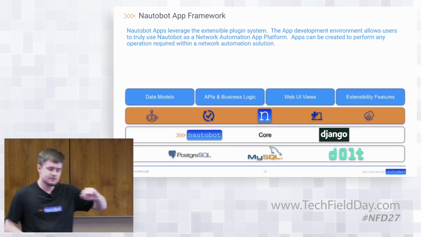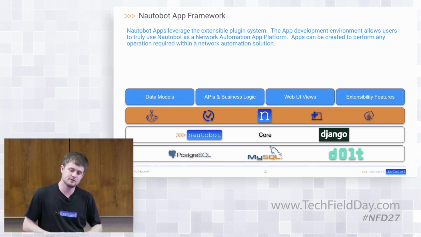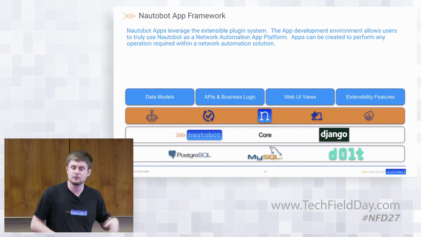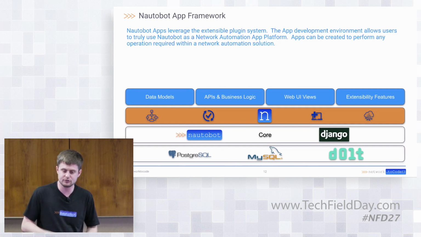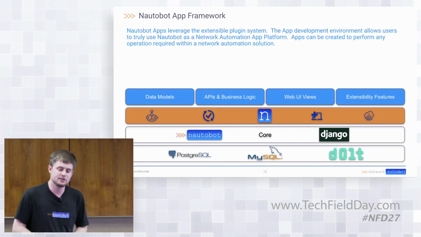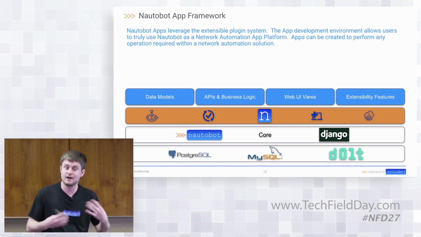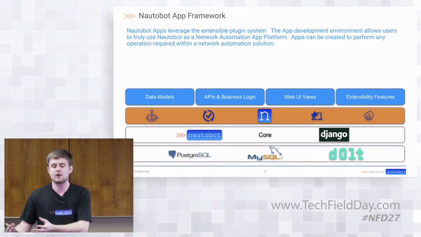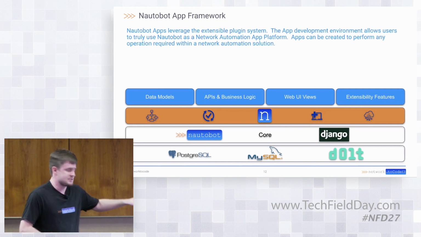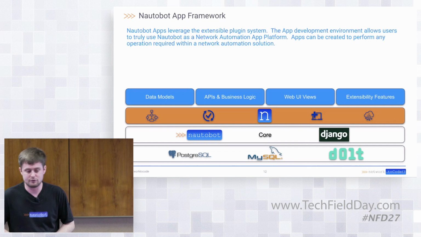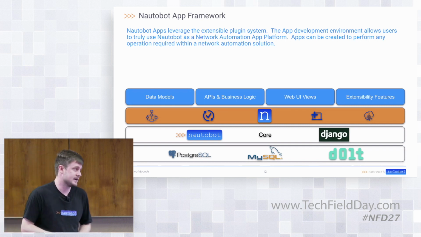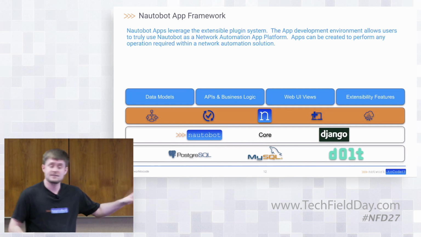So an application ties in with that framework, again, to some specific hooks within the core. What apps are able to provide are their own new data models. I mentioned core comes with an opinionated view of this, but an app can provide its own data models for different purposes. As I mentioned, we're working on some BGP modeling. That's an application providing the models necessary to describe BGP configuration within Nautobot. Obviously, an app is going to implement its own business logic in the form of web API views or REST API integrations and GraphQL, and then they have access to the extensibility features.